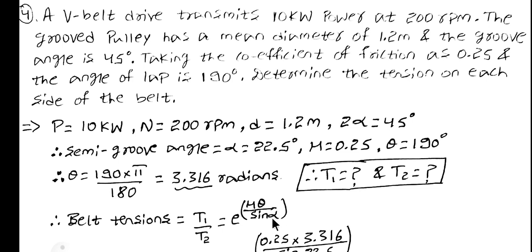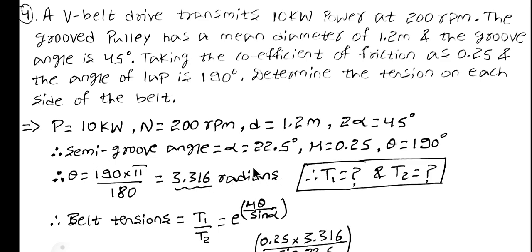In this, you have to substitute the value of alpha. For that reason, I have taken semi groove angle. Therefore, 2 alpha is equal to 45. Take this 2 to the denominator. It will be 45 divided by 2. It will be 22.5. That is nothing but semi groove angle, which you can substitute in belt tension for V belt drive. And the angle is given in degree. In the formula which you are going to substitute in power transmitted, it should be in radians. For that reason, multiply it with pi divided by 180, or the degree will be converted into radians.